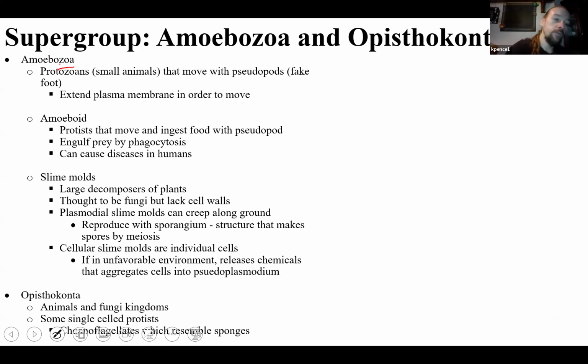And this first one here, the amoebas or amoeboids, crawl around with a pseudopod. With a pseudopod, they can actually eject out some of the cytoplasm of their cell. They can use it like a finger, anchor that to the surface, and then pull the rest of their plasma membrane to that point. So it's literally using its own plasma membrane to crawl around with.